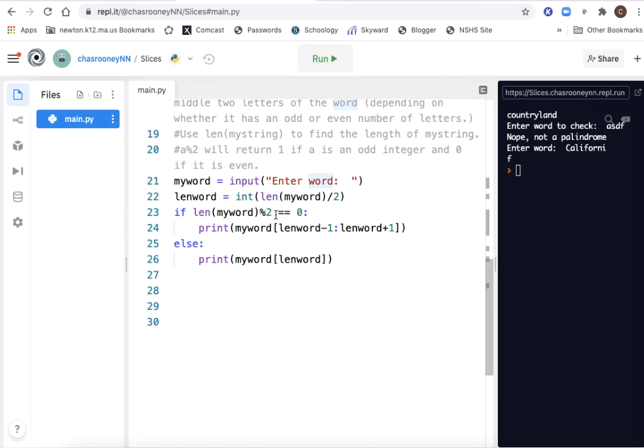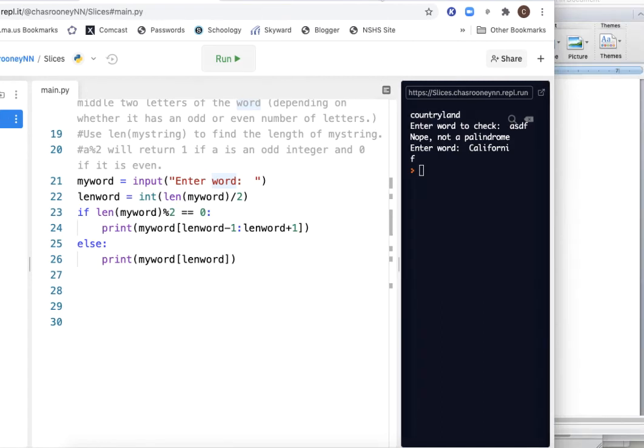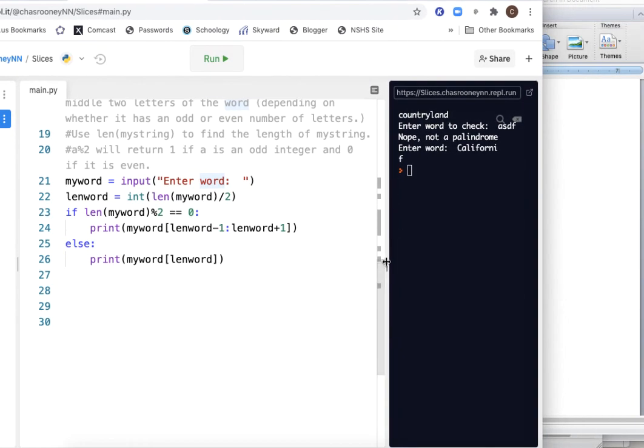If it's an even number. Else, which would mean it's an odd number of letters in the word, I would have print and then my word and then just len word. I don't need a slice, I just need one index number, and that index number would be whatever is in len word. So when we run these,